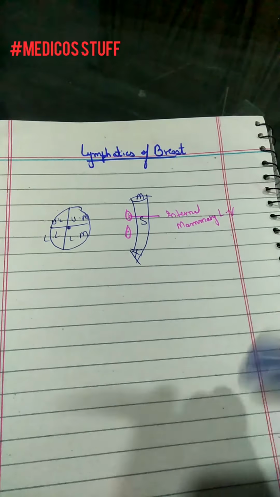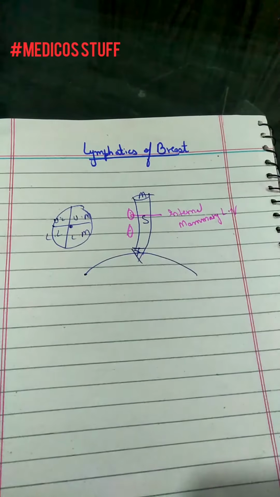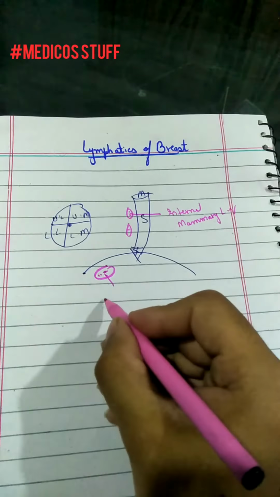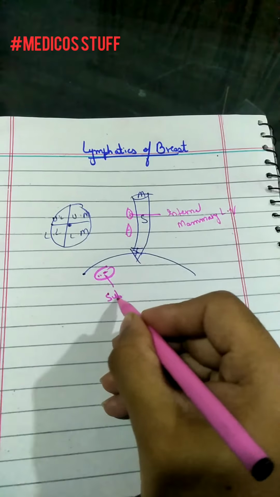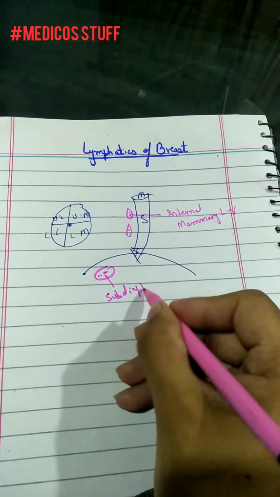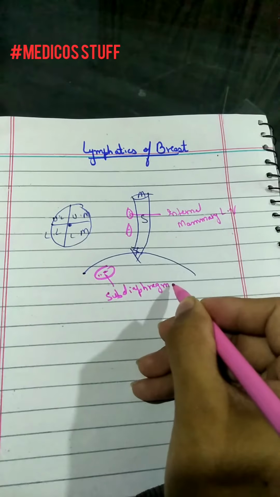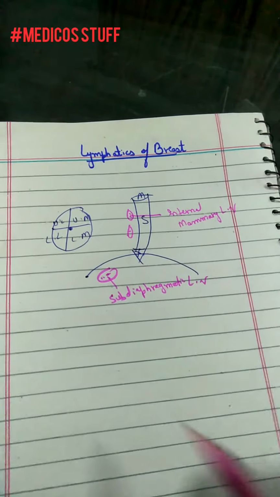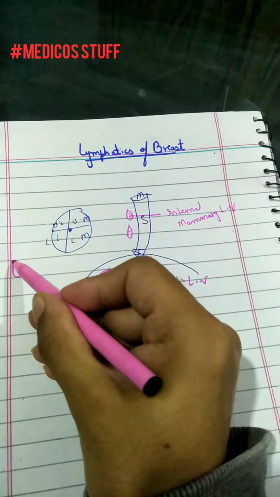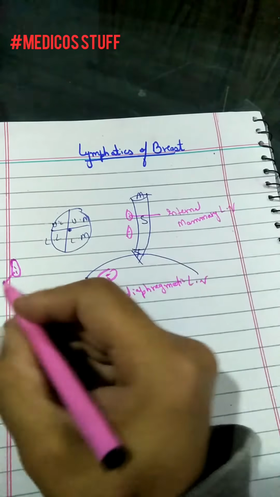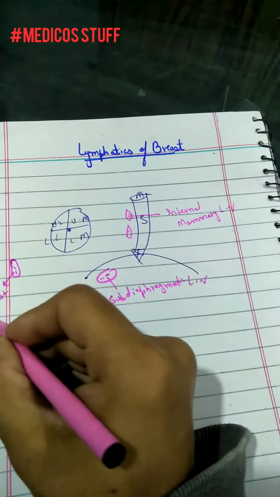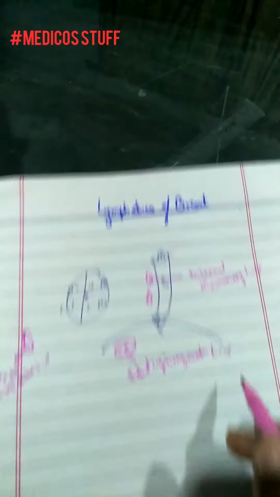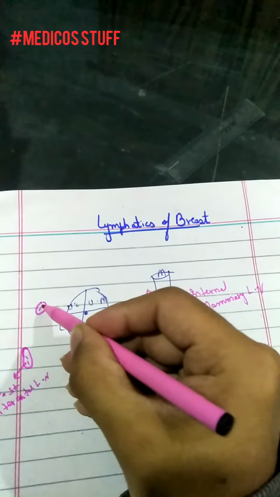Below the sternum, there is a diaphragm. So, here are the lymph nodes known as the sub-diaphragmatic lymph nodes. Here are the lymph nodes in intercostal space known as the posterior intercostal lymph nodes. There are lymph nodes known as the